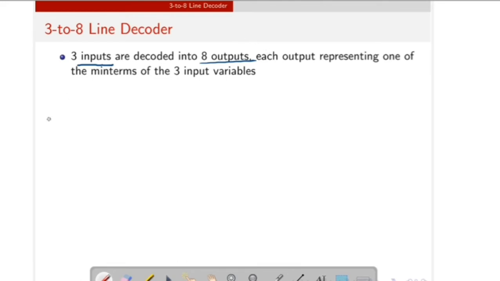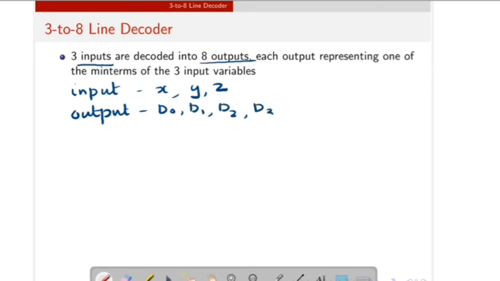So we can label the inputs as X, Y, Z and the outputs, since there are 8 outputs, as D0, D1, D2, D3, D4, D5, D6 and D7.